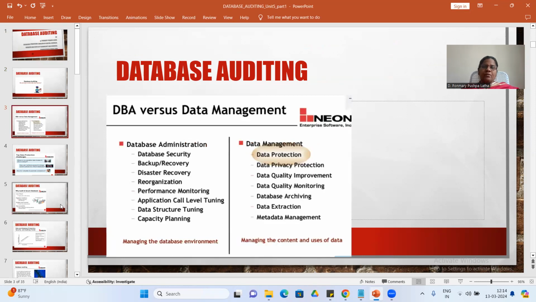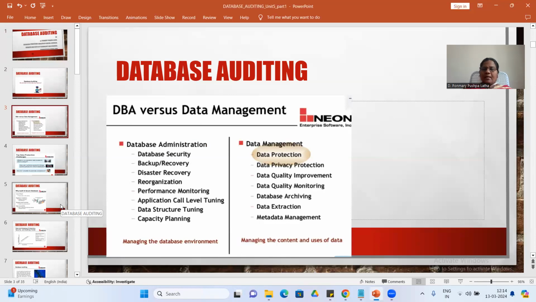There is a difference between database administration and data management. Database administration deals with database security, backup, recovery, disaster, reorganization, performance monitoring, application call level tuning, data structure tuning, and capacity planning.